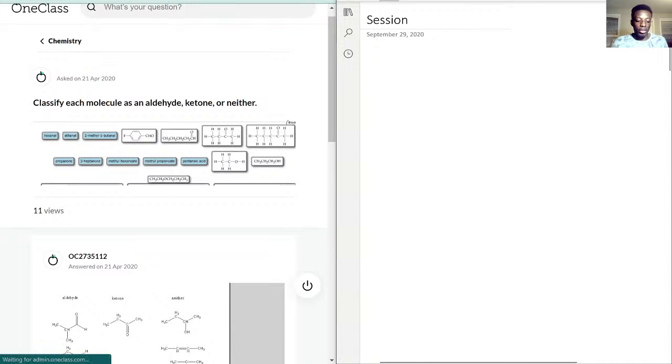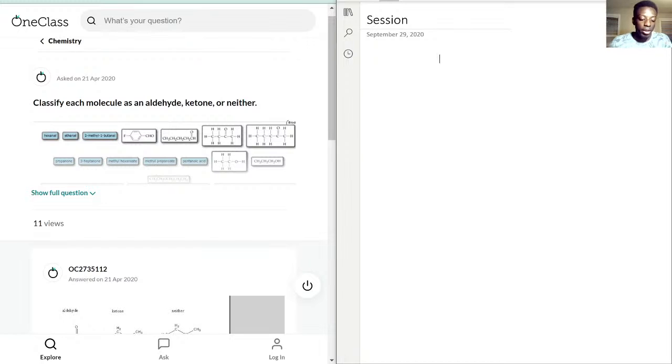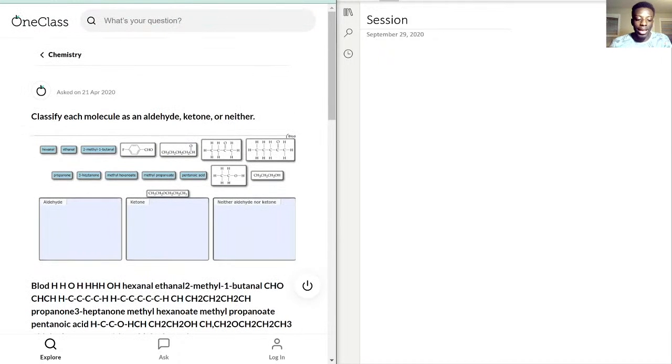Okay, so in the next question here, it will just be simply classifying each molecule as an aldehyde, ketone, or neither. So with that, let's just get a head start here and just make our tables. So we have aldehyde and ketones and a neither group. Okay, so 3 groups here, and now let's actually write down what we know about these